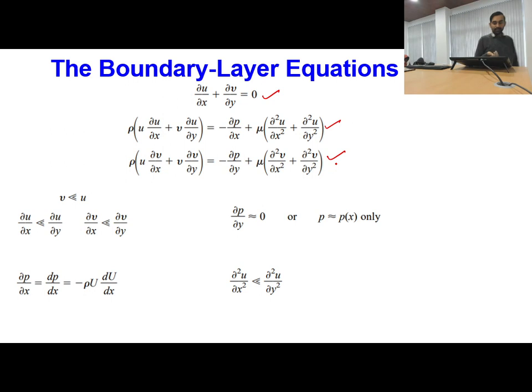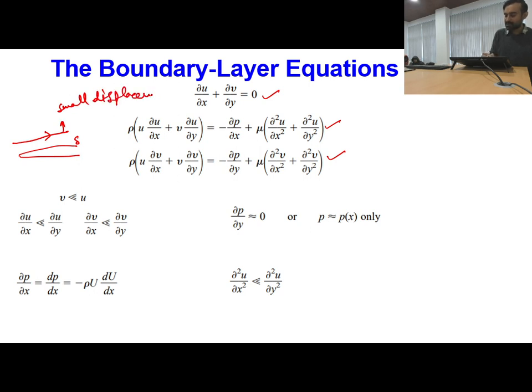Okay. So Prandtl's first simplification, which I discussed earlier also, let me quickly discuss once again. The boundary layer is thin, so this is delta, and outside the boundary layer, if any streamline is there, it has a small displacement. Because of the small displacement, we can say that the v velocity in the vertical direction will be very small in comparison to the velocity in the horizontal direction. Using this simplification, we can say that,